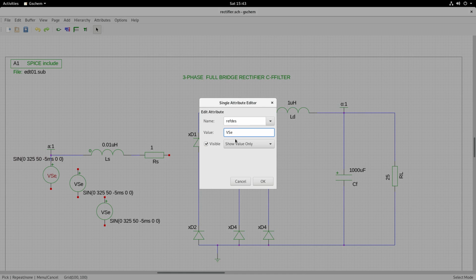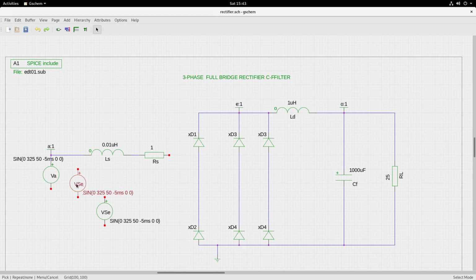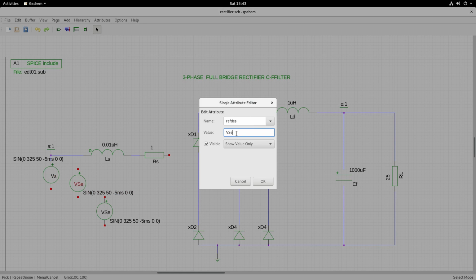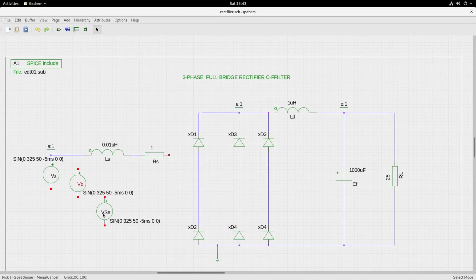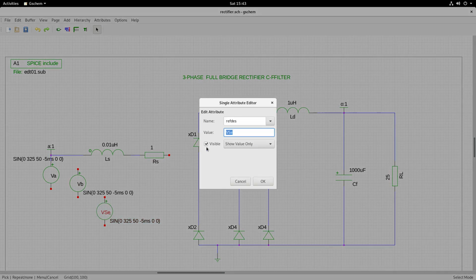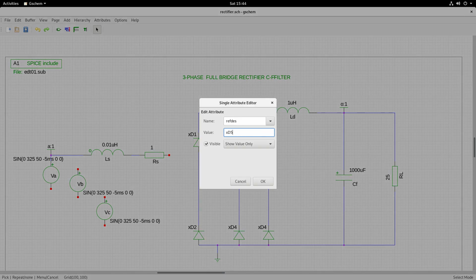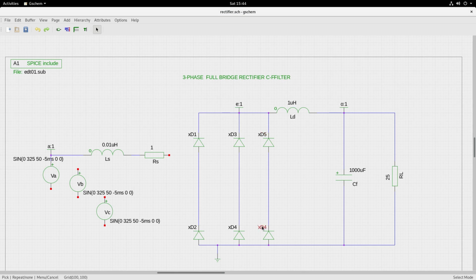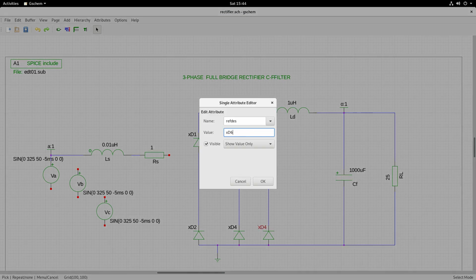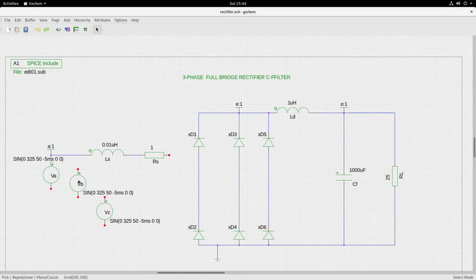You have to name them. Let's say we name them as VA, VB, VC, or VSA, VSB, VSC. So VB, VC, then rename these diodes 5 and 6. So you have to give unique names for the components, those that you have copied, and then